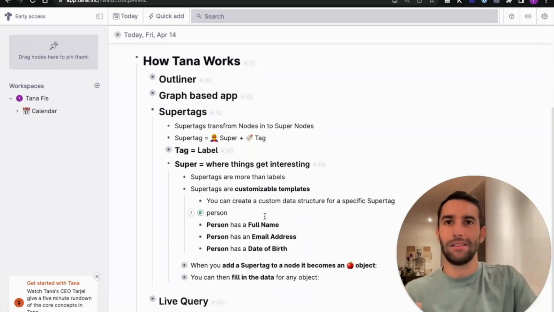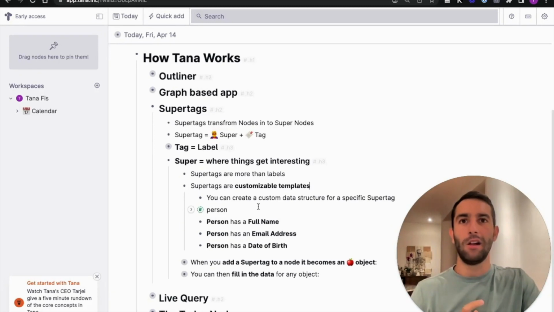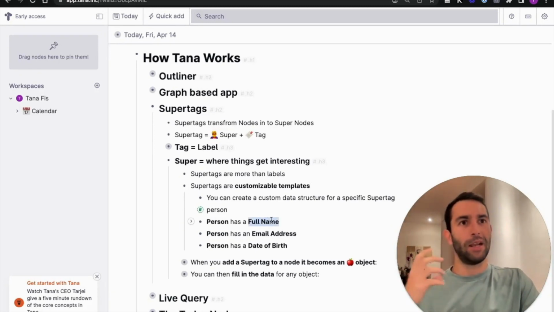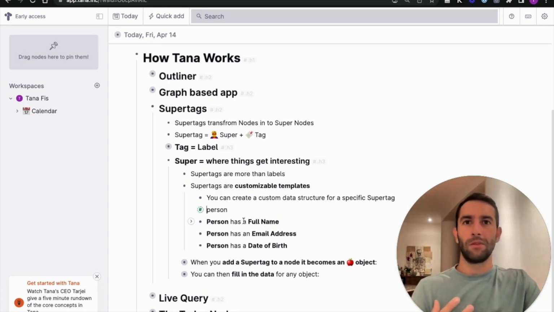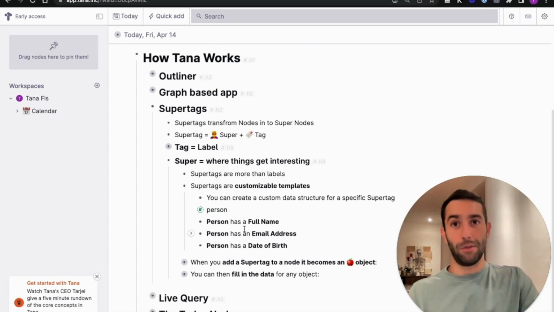So in this case, a person, which is the one we're modeling here, has specific characteristics that are unique to each person. For example, a full name, an email address, and the date of birth.